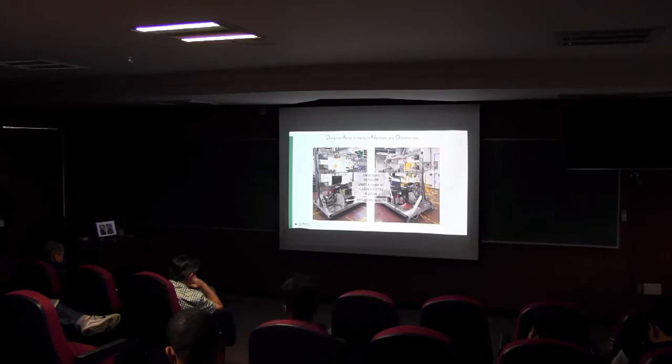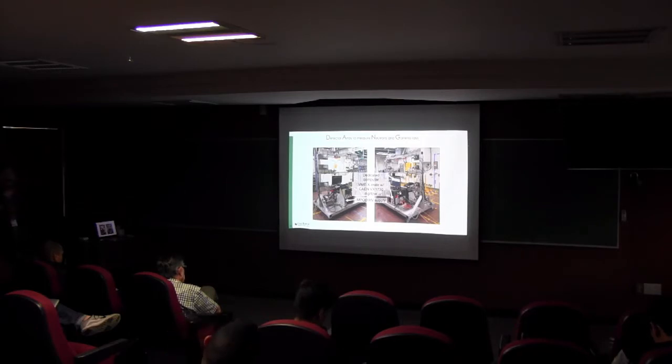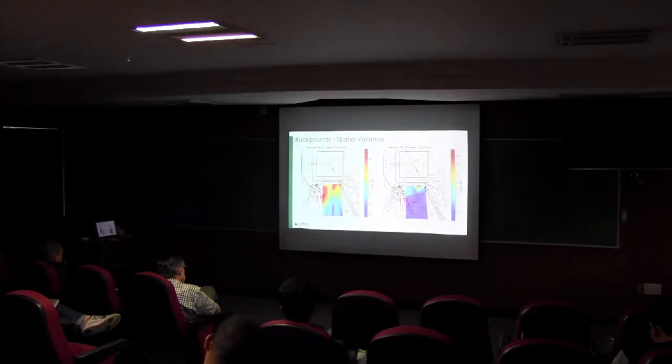And some of these superconducting magnets can go up to about 11 Teslas. The problem, of course, when you're using photomultiplier tubes is that you have to be careful that the magnetic field might be affecting the response of your detectors. So all the time, in space and in time, we need to monitor